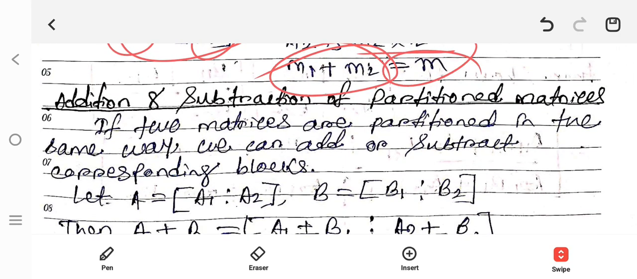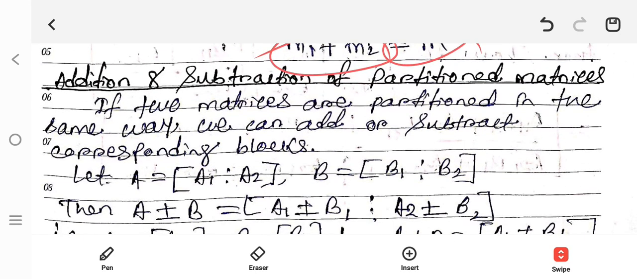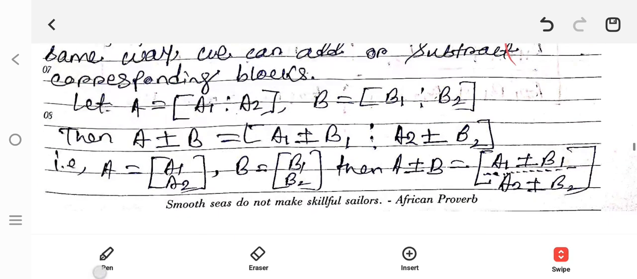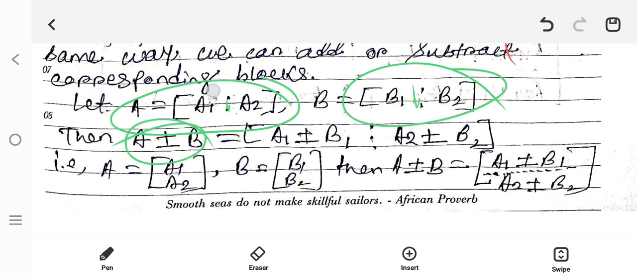Now the addition and the subtraction of partition matrices. If two matrices are partitioned in the same way, we can add or subtract the corresponding blocks like this. Let A equal A1 and A2 and B equal B1 and B2. We divide our blocks along the horizontal axis, column-wise. Then A plus or minus B will be just A1 plus or minus B1 and A2 plus or minus B2,